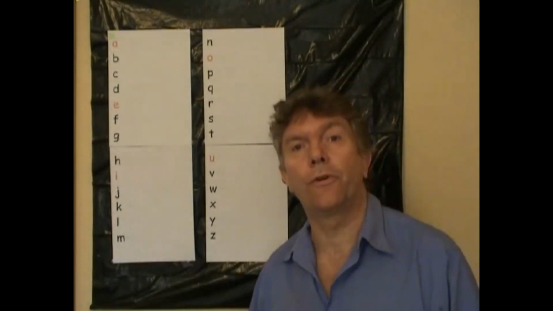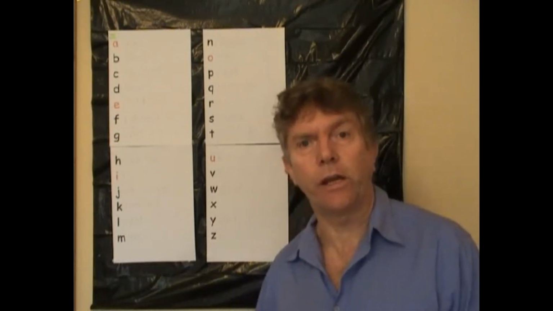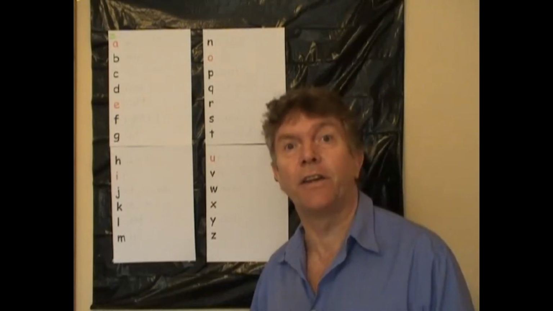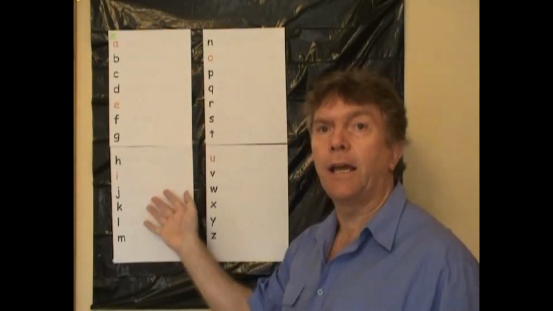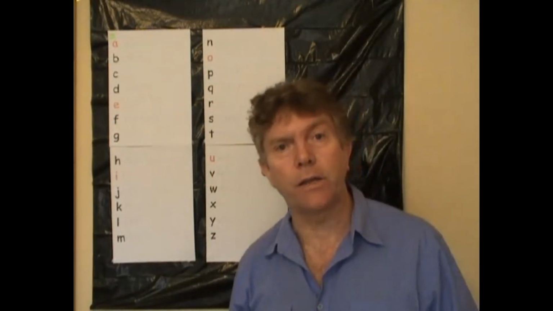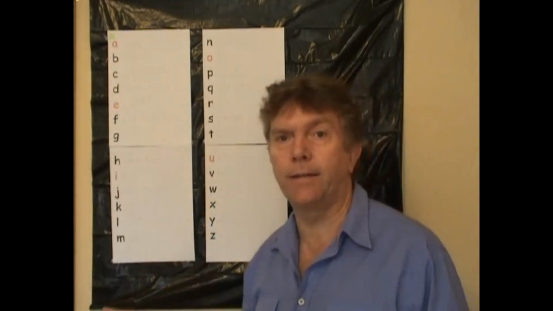Now this next section is directed all towards the story of Jack and the Beanstalk. And what we're trying to do is make a story from that story. But first of all, you want to know how much the children actually understand about the story. And one of the ways that you can do that is by taking some sheets with the letters of the alphabet on. And what you do is you ask the children for some words that start with these letters and